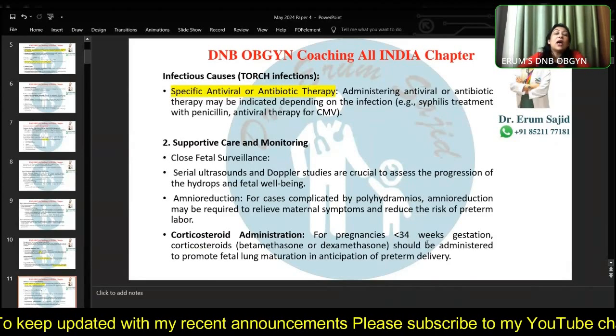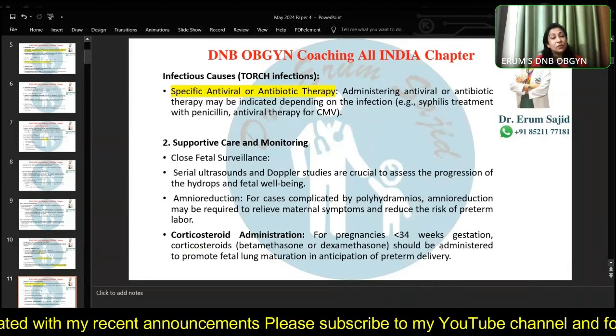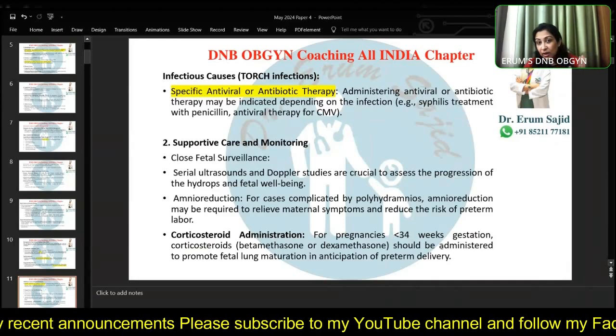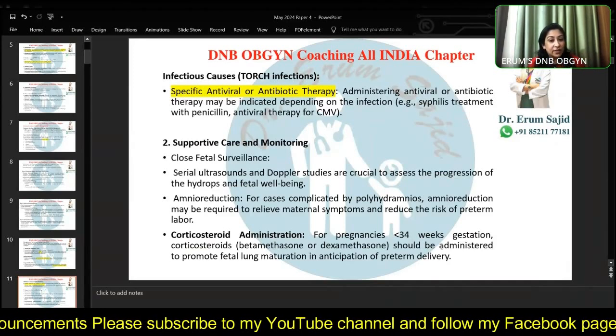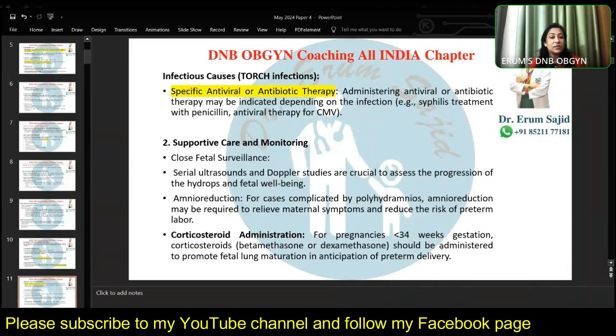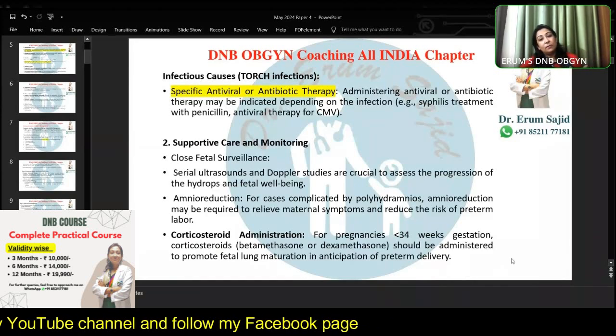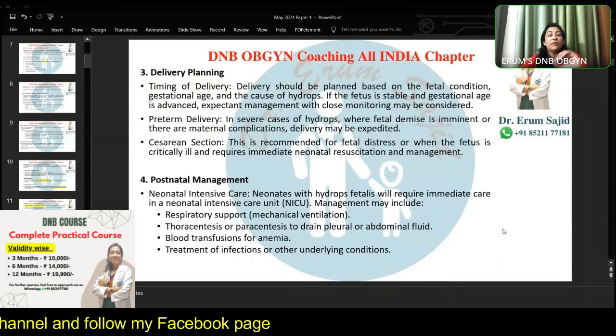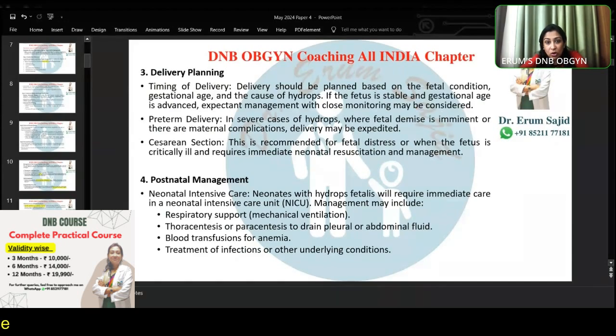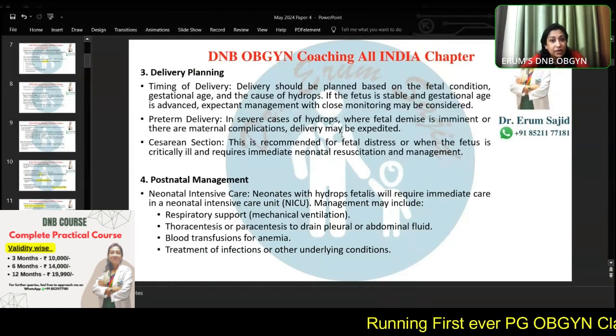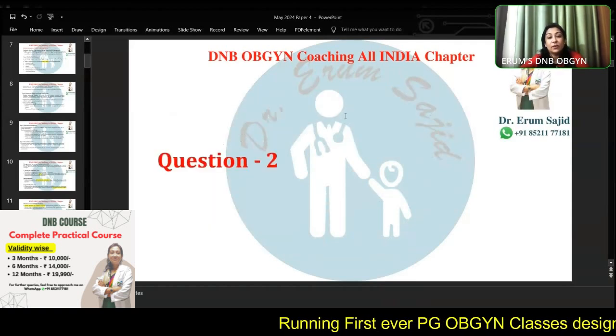And of course, apart from that, most of the cases in which you don't get to a reason for NIHF, you go for close fetal surveillance, serial ultrasound, serial Doppler studies, amnioreduction if required, corticosteroid administration, and delivery of the baby, and then probably search for whatever could be the causes. So obviously, such babies will go in NICU, will be followed up for hydrops, involve the neonatologist at an early phase, extensive counseling and consents, informed consent, timing of delivery have to be discussed. A lot of things have to be discussed.